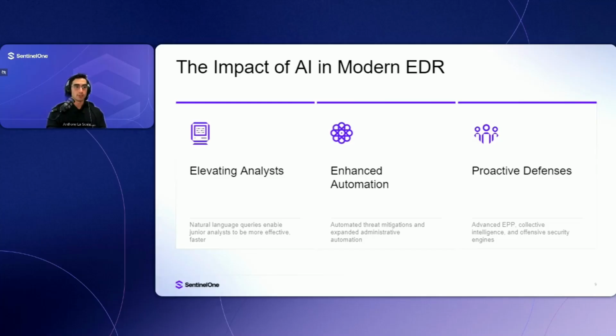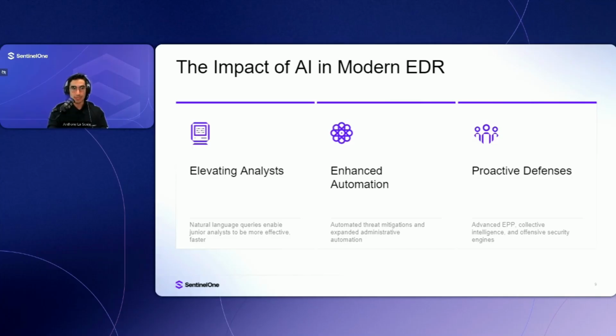Modern EDR toolsets utilize generative AI for the implementation and the capabilities of natural language queries, which enables analysts to craft hunting and detection queries without being an expert in that specific query language of that specific tool. AI is also used for noise and false positive reduction, reducing overall alert volume and mitigating some of the issues associated with alert fatigue.